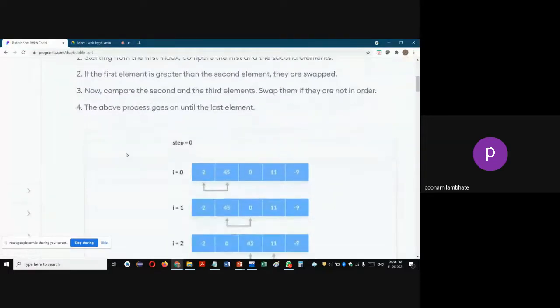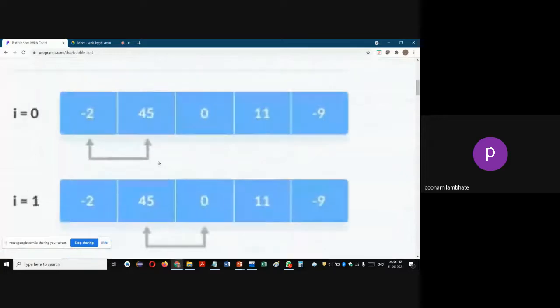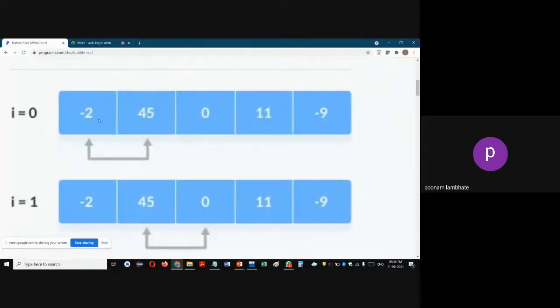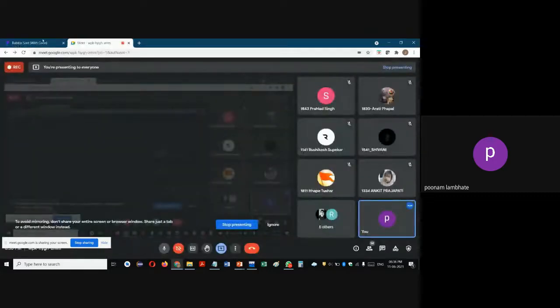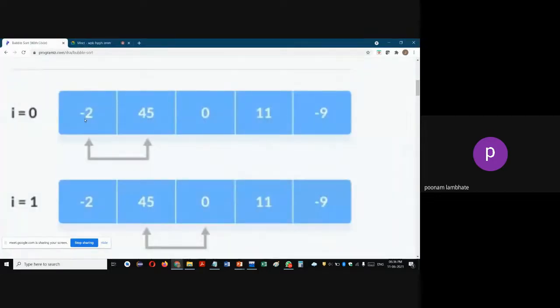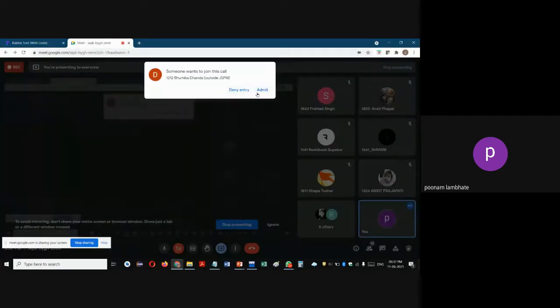Now consider this is your list. The elements are -2, 45, 0, 11, and -9. So the first element, that is -2 and 45, will be compared. Okay, first you have to compare first element and second element. Now -2 is less than 45. So -2 and 45 are in the correct order because -2 is less than 45. Now next you have to compare